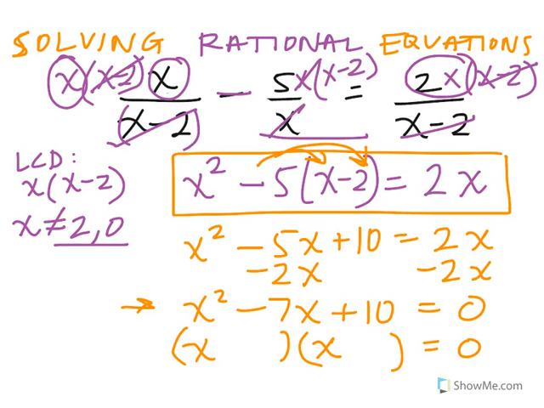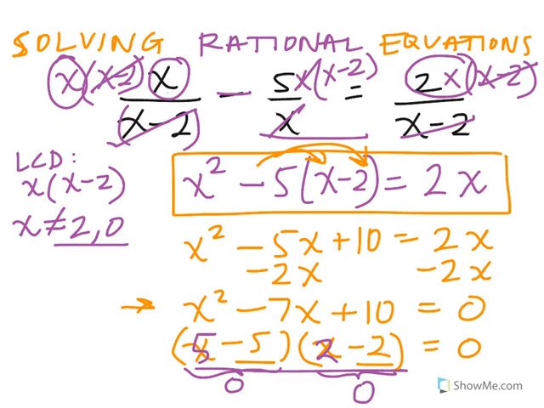You can probably do this on your own and find that these two numbers will have to be negative 5 and negative 2. What this says is that this equation will be true if x was 5, because this factor would be 0, in which case the product would be 0, or x could be 2, in which case the other factor would be 0, and again the whole product would be equal to 0. So the solutions we found are x could be equal to 5,